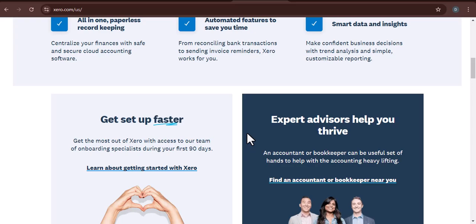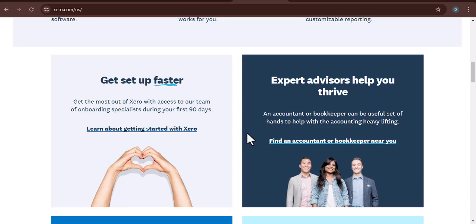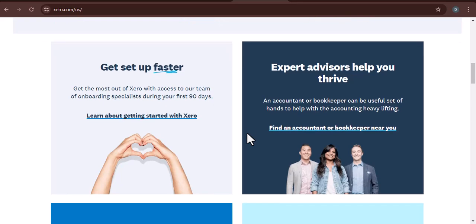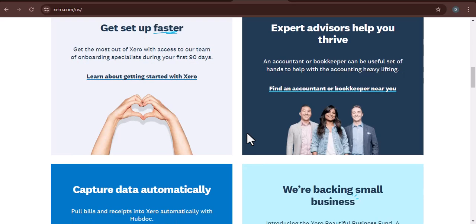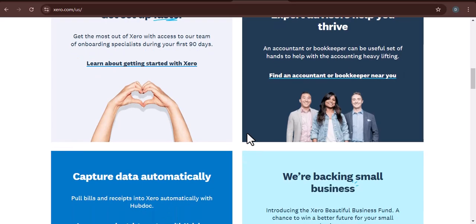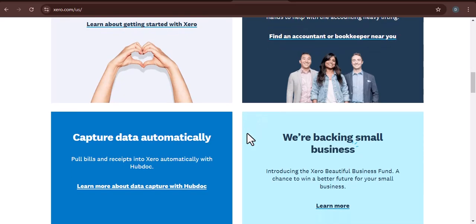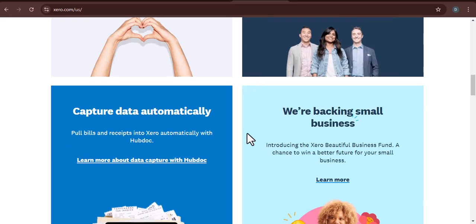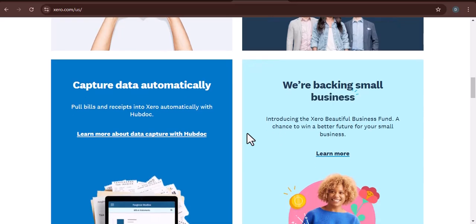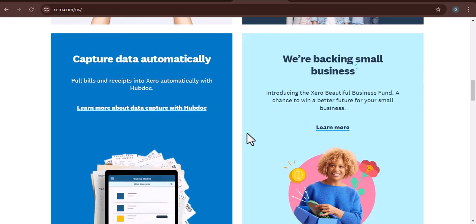Key features of bank imports in Xero. Bank feeds. This is the bread and butter of Xero's bank imports. Think of bank feeds as digital pipelines connecting your bank accounts directly to your Xero account. Once connected, Xero automatically fetches transaction data from your bank, including dates, amounts, descriptions, and often even categorizes them. This real-time data flow gives you an up-to-date picture of your cash flow and helps you stay on top of